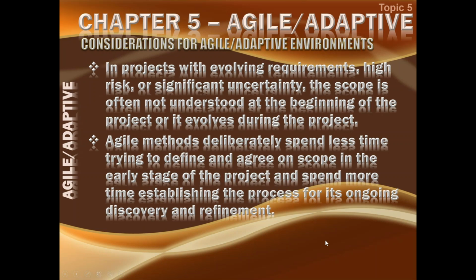Then the considerations for agile and adaptive environment. In projects with evolving requirements, high risk, or significant uncertainty, the scope is often not understood at the beginning of the project, or it evolves during the project. So this is exactly what we keep doing in projects with evolving requirements, where the requirement is not stable